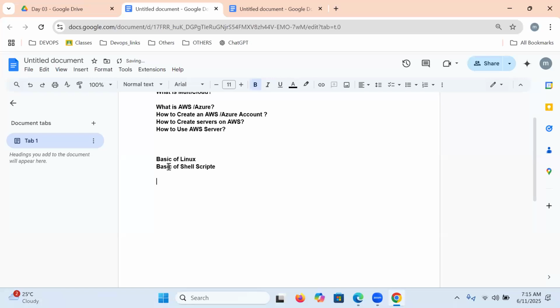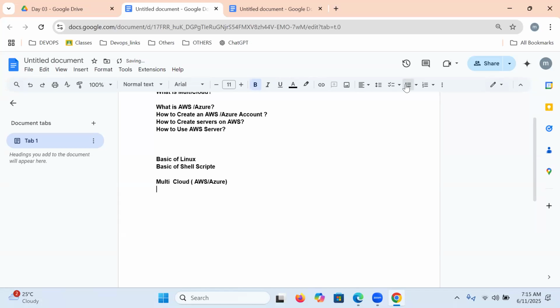Then we are going to start with multi-cloud. Multi-cloud includes AWS and Azure.